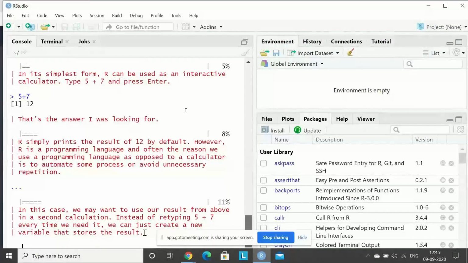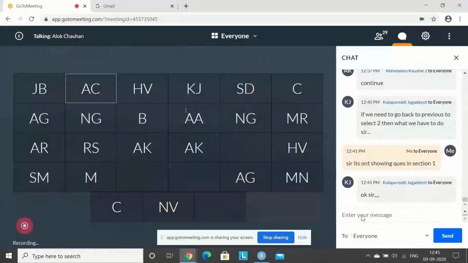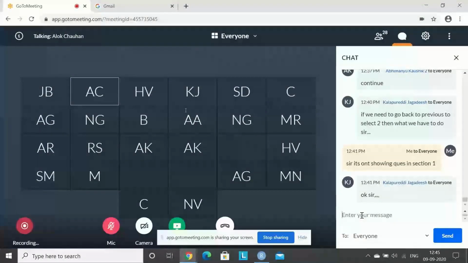So when there are 3 dots, it means it is just instruction. You should go to next cell. If it's question, you have to answer there. Fair?